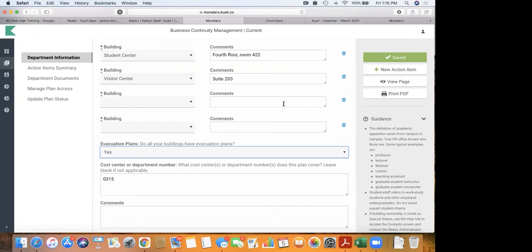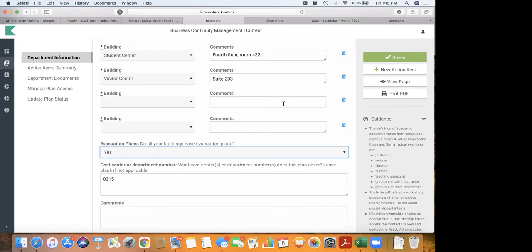Janice, I have a question. On my plan, it says cost center or department number. The person before me put NA, and it says Stanislaus does not use cost centers. But we'll use chart strings for billing. So if we needed to order something, have something printed, we might use a billing number, a chart